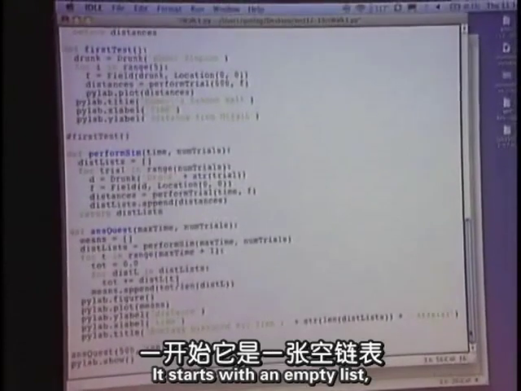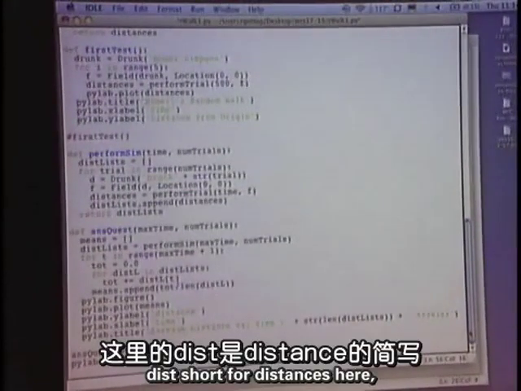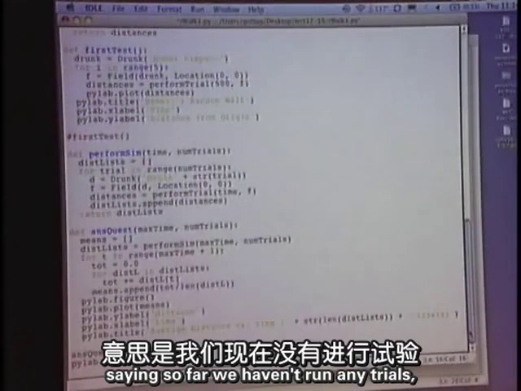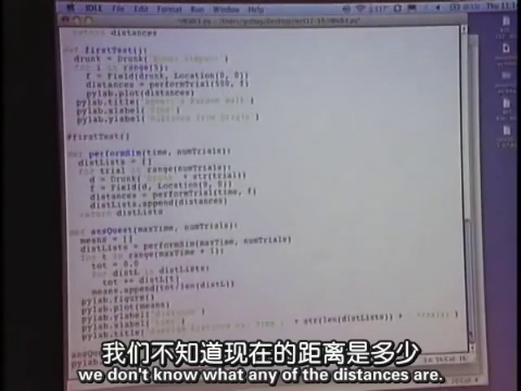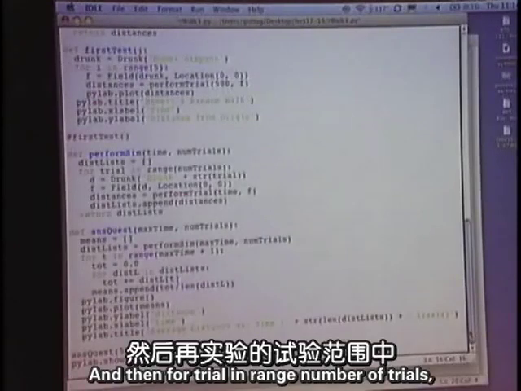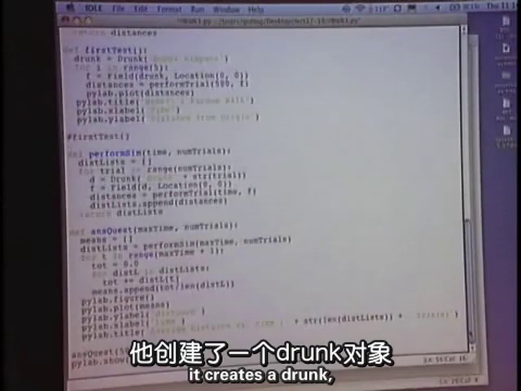It starts with an empty list, dist short for distances here, saying so far we haven't run any trials, so we don't know what any of the distances are. And then for trial in range number of trials, it creates a drunk.